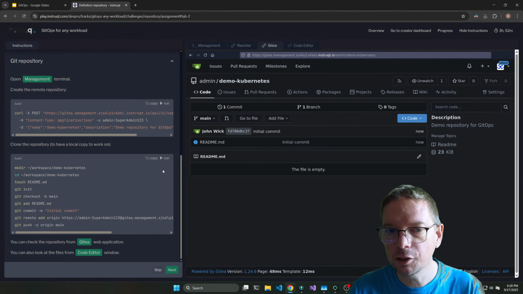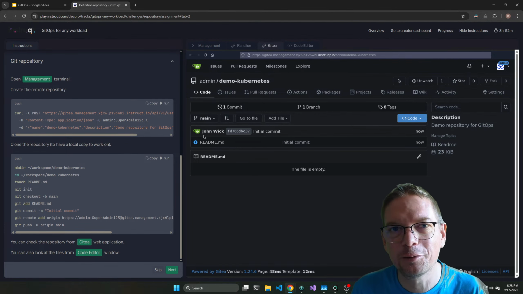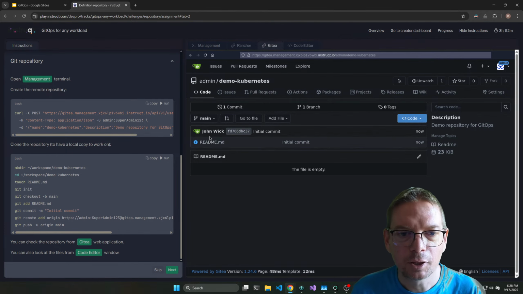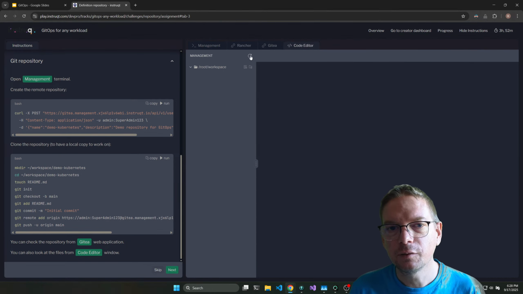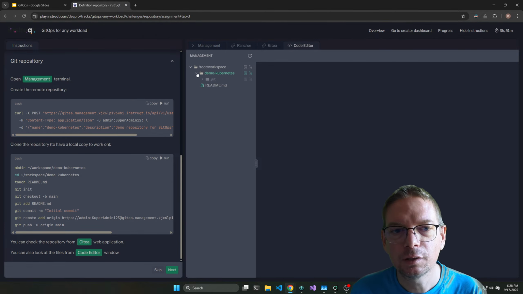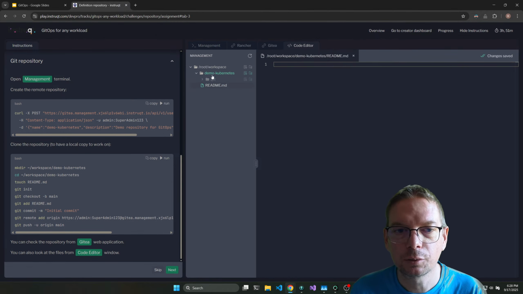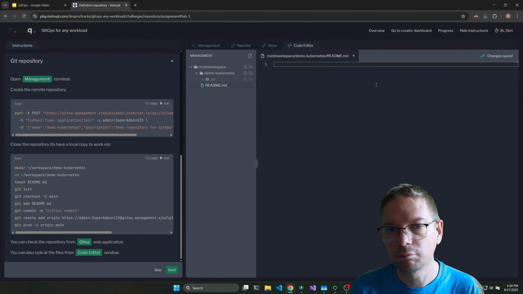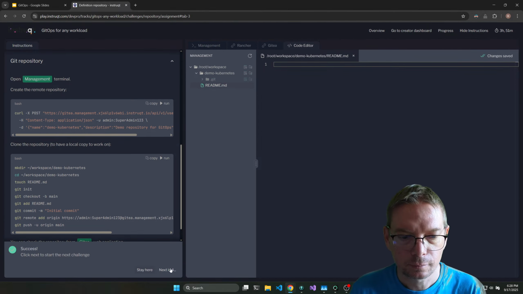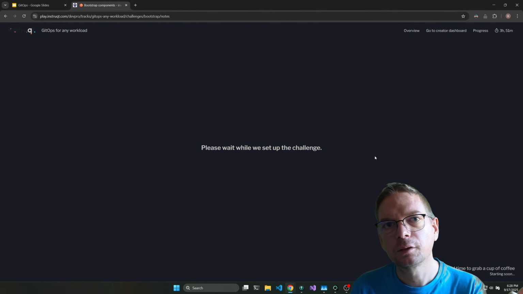After that there are different strategies, but here we will go fast and furious. We will do everything on main. The cool thing about doing a demonstration is I can say I'm John Wick. Also, what is very interesting in this lab, for people who will use it, is that you can also use a code editor to see what's running. So I created a repository on the remote server, but I've got something local, which is nothing by default, which is what I want. So the first thing to do is create a Git repository.